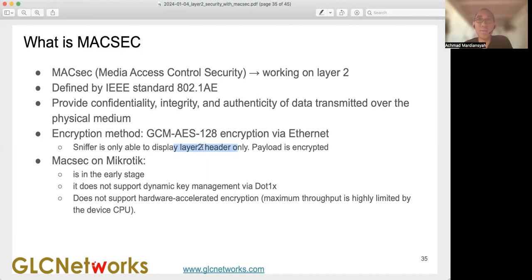And then if the attacker modifies it, there will be a detection that the header is modified. The header is open, written in plain text, but the payload is encrypted. MACsec on MikroTik is still in early stage, doesn't support dynamic key management, and doesn't support